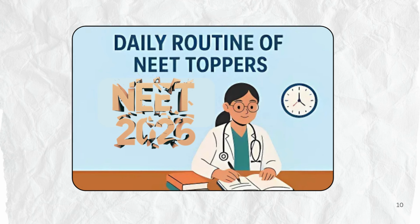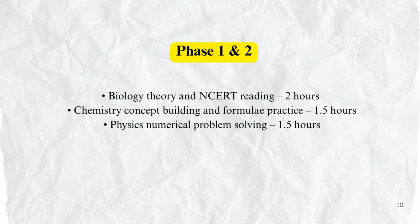Then coming to the daily schedule, how do we put our daily schedule or time blocks where we can study well, right? You have to be flexible and adapt your day based on your coaching or school hours, right? So as to divide it in a very rational way, you can give biology and NCERT reading 2 hours a day,